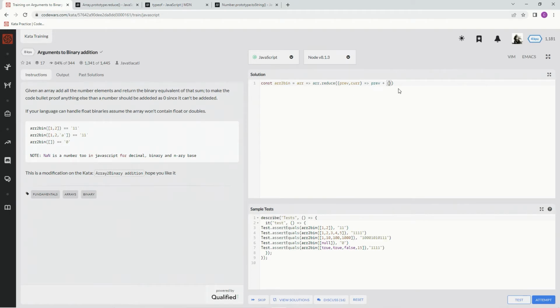So we're going to say if typeof cur equals number, then we're going to plug in cur, and if not, 0. Okay, because if not, we want to add 0. All right, and now also we need to have an initial value in there. That is. So now all we got to do is convert it to binary, and we use this